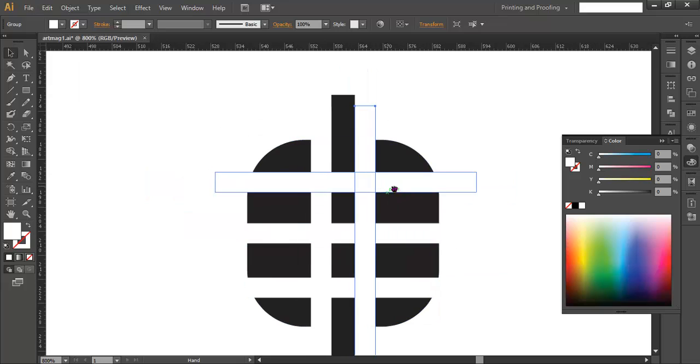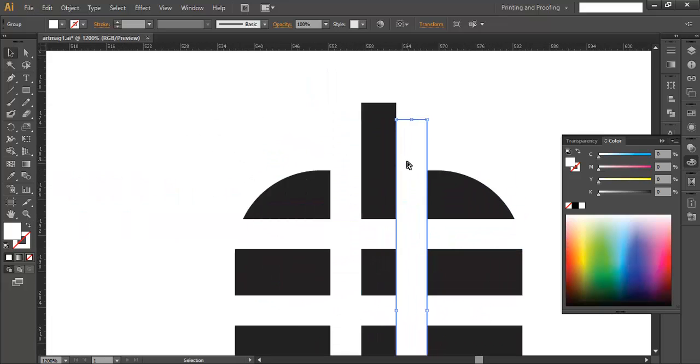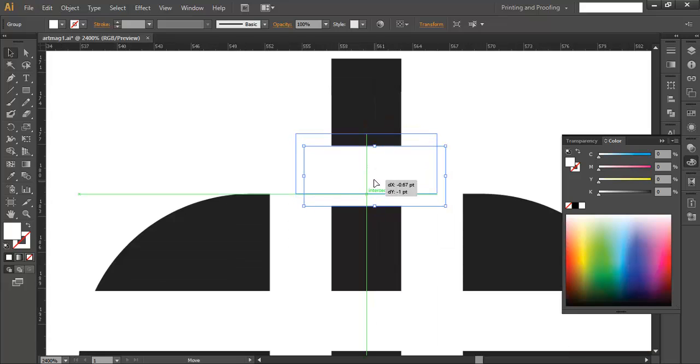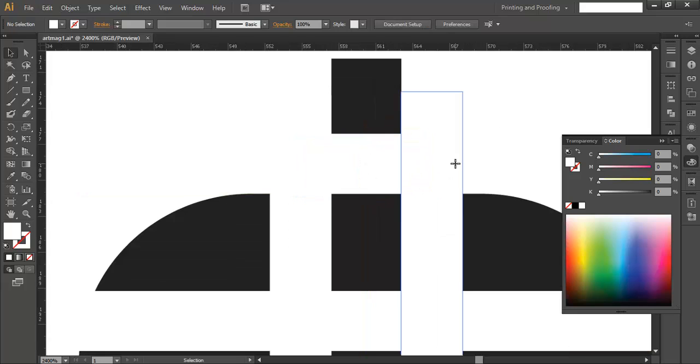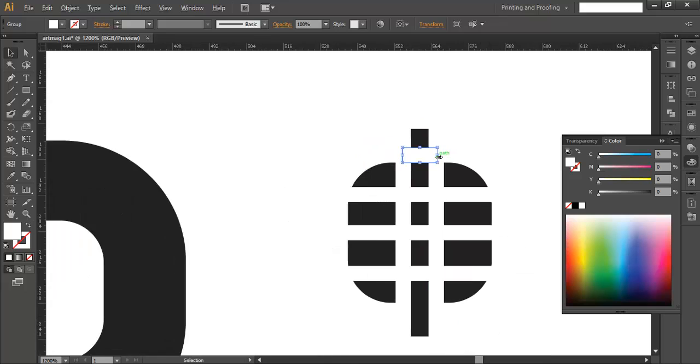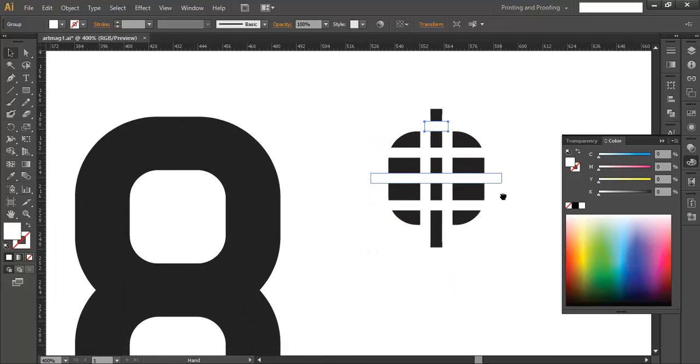Now once we have got that, we'll do one more. Duplicate this, Ctrl C, Ctrl F, scale it down with the Alt press, just scale it down a little and bring it here and just tilt it to a 90-degree angle. Now place it here. See, like that. Now once we have done all of this, we'll